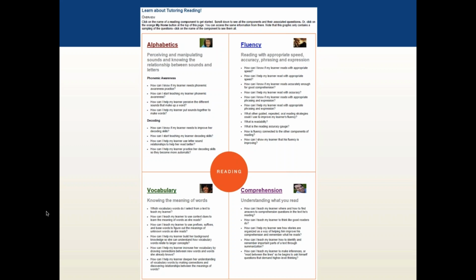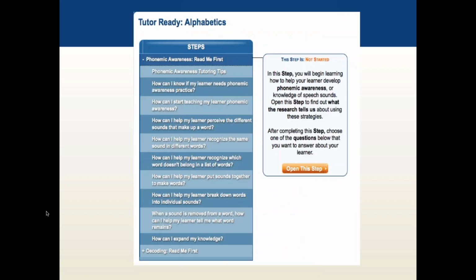And so you can either look at all of the steps and all of the questions and answers for each component of reading, or you can pick and choose and say, you know what, I'm only interested in this particular thing. This strikes me as something that my learner is having problems with that I really would like to know now. So you can do it sequentially, you can jump around, however you want to do it once you get through that introduction. And so again, this is just a little bit of what you would see, and we'll go through the individual components